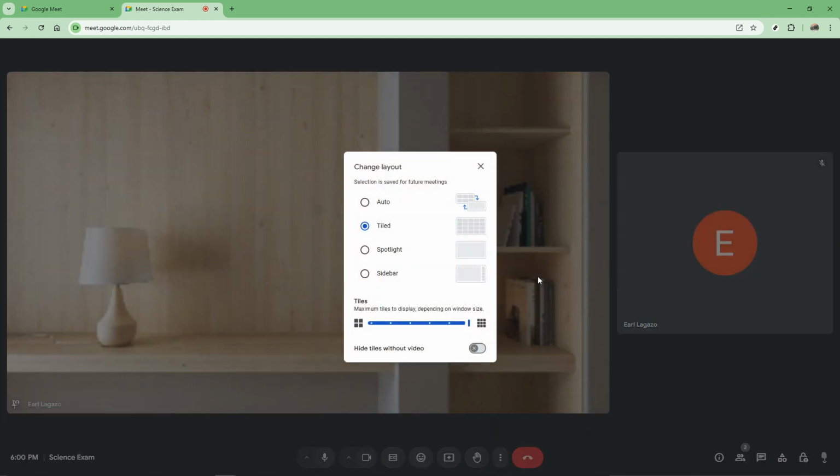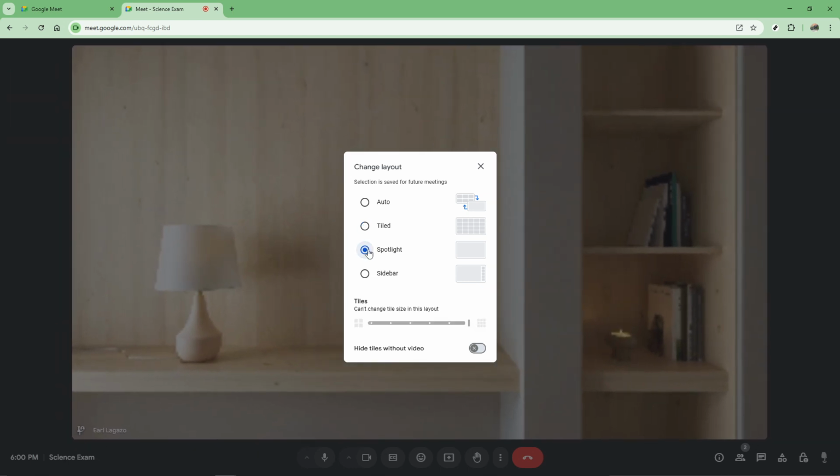What you want to do is select Spotlight Layout. By doing so, the screen will then focus specifically on the active speaker and other participant thumbnails will be hidden. This feature is especially beneficial in scenarios where the meeting content requires intense concentration, or if you simply prefer to